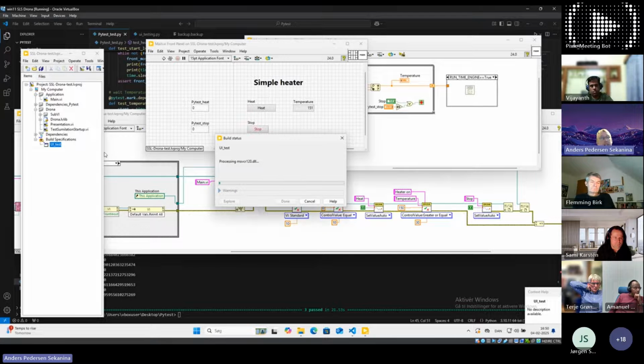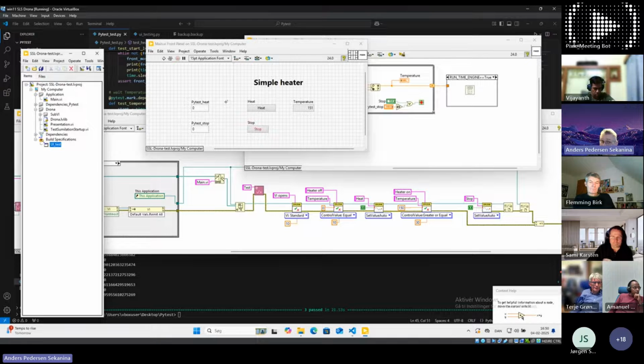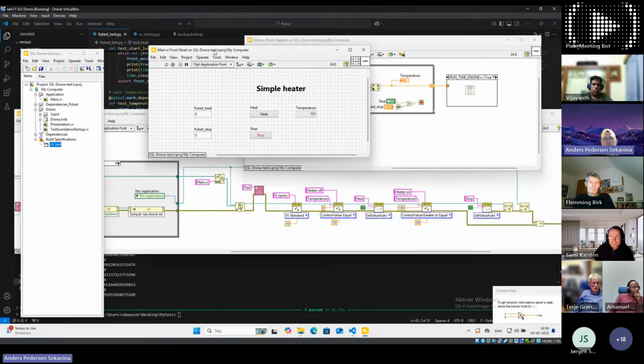When it's building, I can just say that as it is now, when you download it, there are some broken VIs you need to fix, and maybe some functions that you need to get to work. Of course, what I should do is to try and come up with suggestions to the GitHub library and fix these things. I have not done that yet, but maybe I should do that. Then this one is used for PyTest.